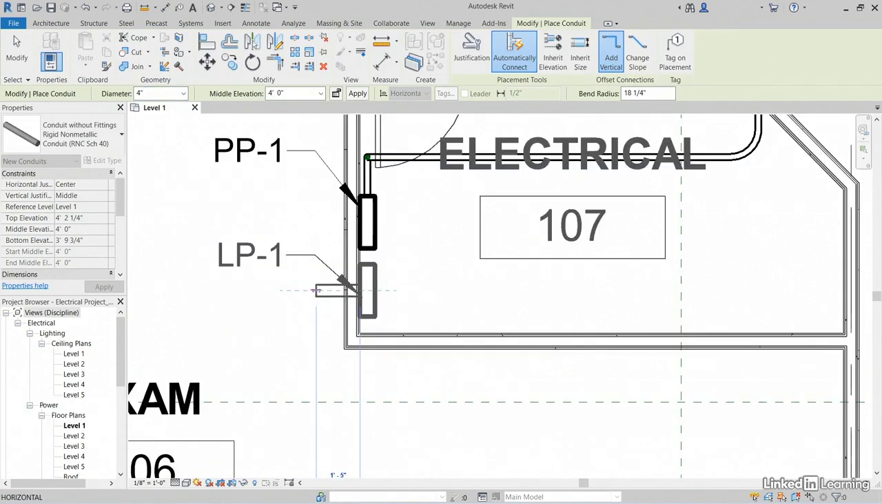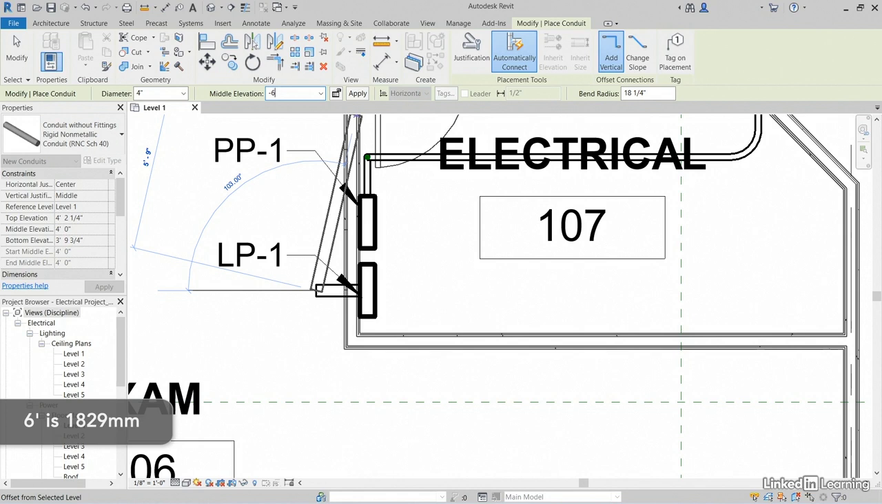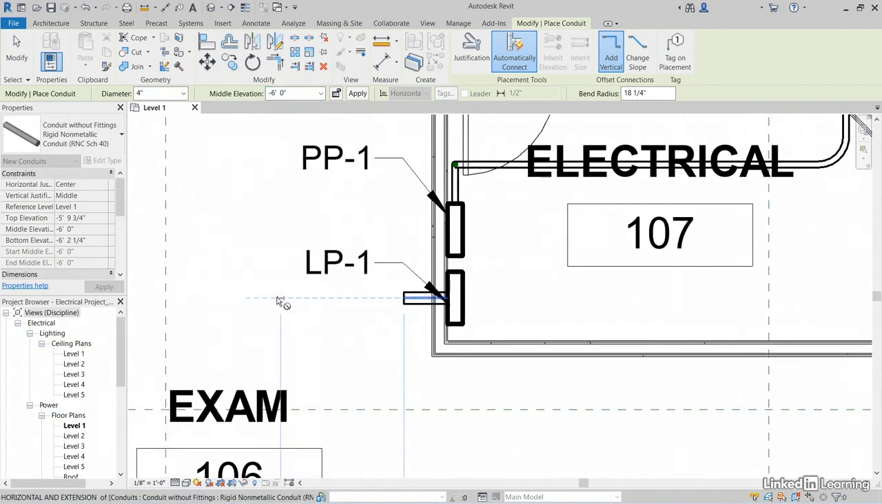We can draw it out this way a little bit. Then maybe this one goes underground. So for the middle elevation, let's make it -6 feet, which would be 1829 millimeters. Notice that it's out of our view range, so we can't really see it. Notice we get a little icon that says we can't draw it. So if we pick another point,